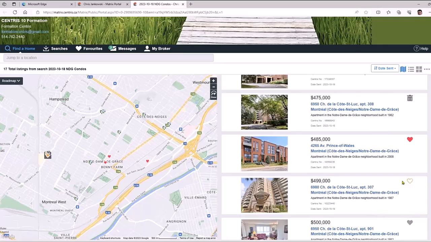Concierge mode, the listings come to us. That's correct. At first, they go to you, the broker, because here is just the initial search, right? So it's easy to do because the system lets you just do it right away, and then it sends it to the client. Let's say tomorrow there are 2 more condos that appear in NDG matching our criteria.